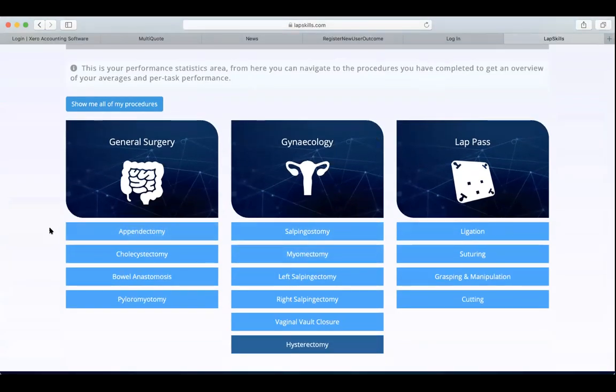So there are 4 general surgery modules at launch. We already have 6 gynecology modules, including a full total laparoscopic hysterectomy. And then you can see here on the right, LapAR. And LapAR is the UK version of FLS. So this is basic instrument handling from tubal ligation, some precision cutting, and then all the way through to suturing. And this is agnostic to specialty. So this could be used for gynecology or general surgery training.